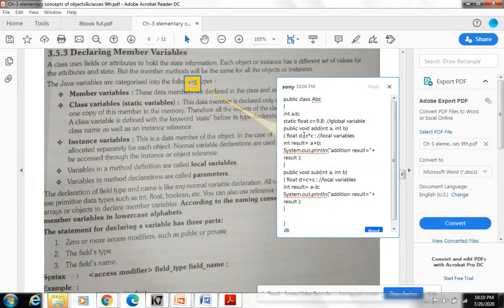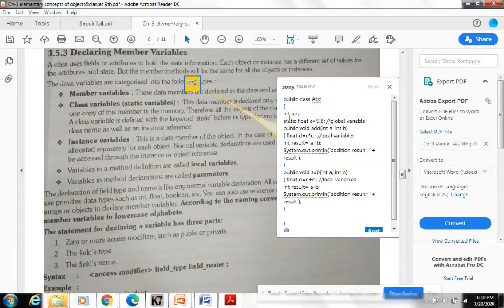Now no conflict will occur, though here also I am declaring D, and here also I am declaring D, as these are in different bodies. This D and result are in this body, and this D and result are in the subtraction method body. So D and result are in different methods, so there will be no conflict.